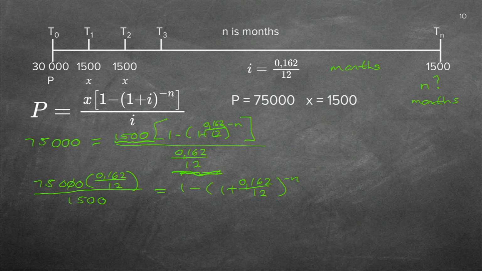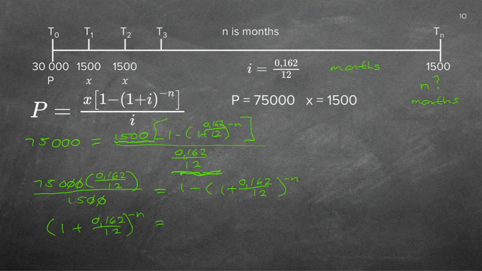And just to make it easier, I can scratch out 2 zeros. I can even divide 15 in there because it goes in there nicely 5 times. But if you don't want to, you just keep it like this. Now I need that n all alone. But there's a minus in front of that bracket. I don't like minuses in front of anything that I need to solve. So what I'm going to do, I'm going to bring the whole bracket to the left-hand side. 1 plus 0.162 over 12 to the power of minus n. Don't worry about the minus in front of the n. I'll deal with that when I get there. At this stage, it's still hanging in the air.